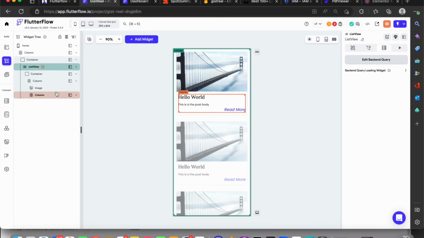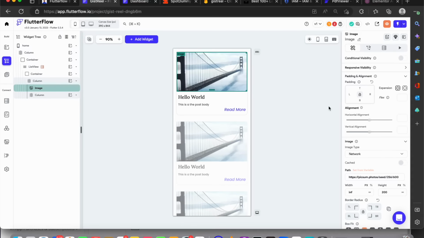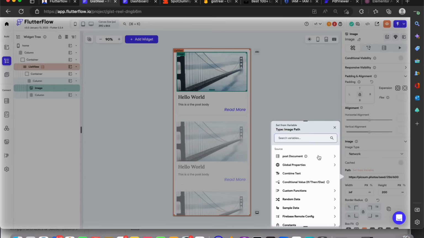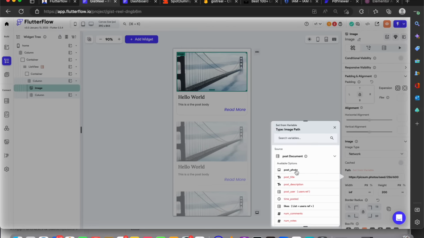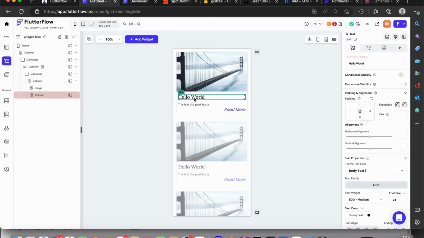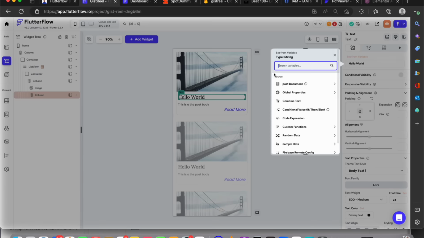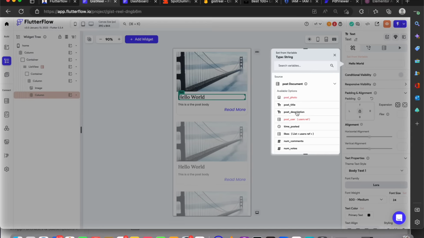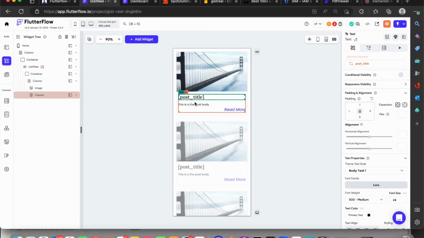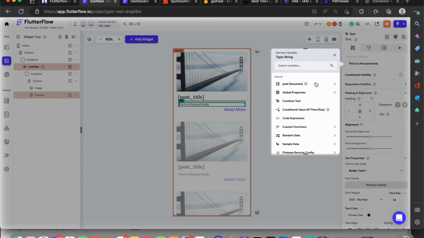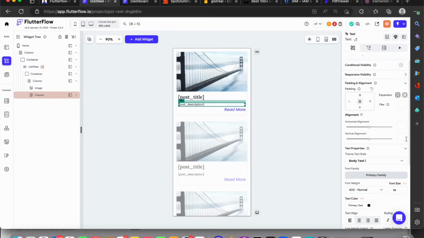So I'm going to click on my image. This image normally is coming from Flutterflow, but this one is going to come from our post now. I would say set from variable, post document, and then it's going to be the post photo. This H1 text, I'm going to say set from variable also, post document is going to be the post title. See, it's pretty straightforward. And this, I'm going to say set from variable, post document is going to be the post description, but